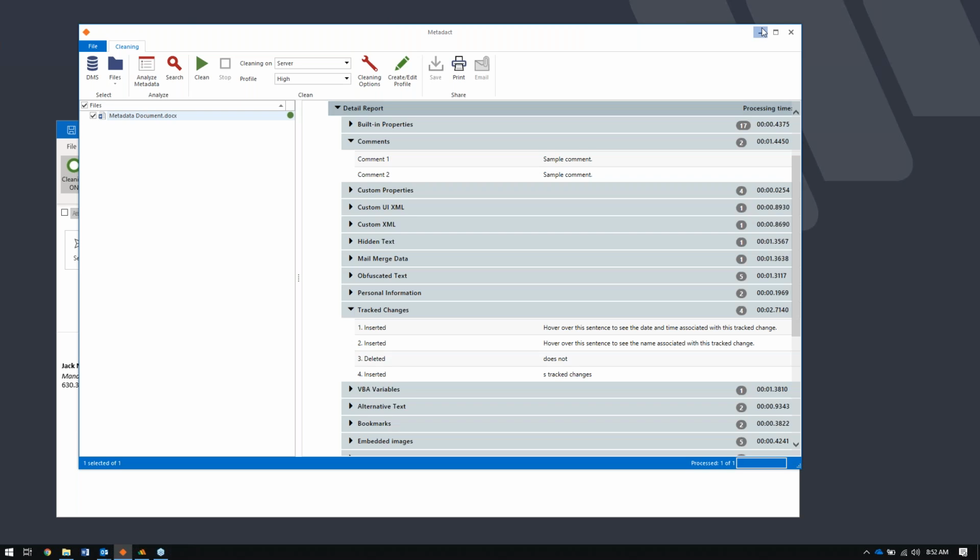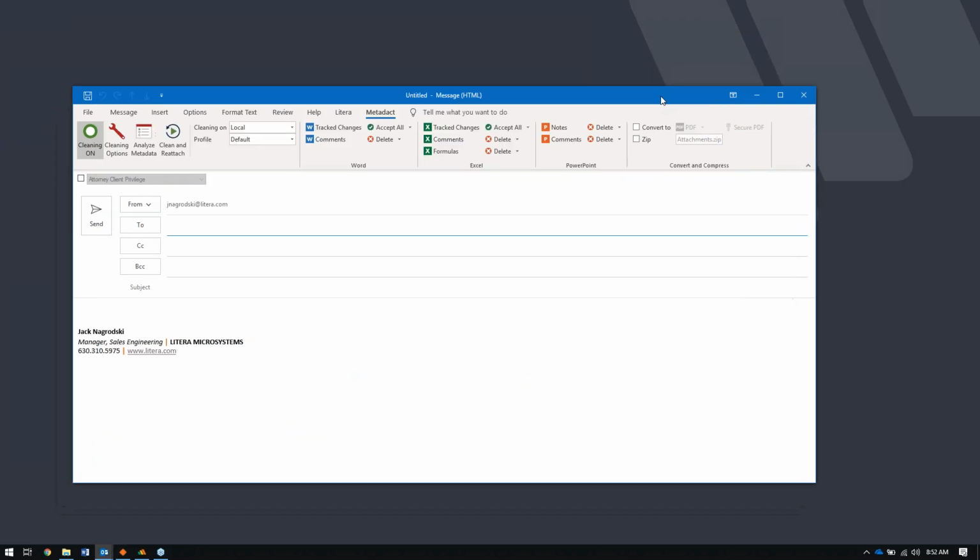And really with those two solutions and all the conversations that I have when I get in front of user groups or IT departments at firms, they're always trying to find that right solution that's not going to interrupt the workflow, but is also going to give them an extra layer of security to make sure the users understand the types of people they're working with, the emails they're sending to, and along with the metadata that's in the files they're sending out. So really, that's where Litera Microsystems plays in that